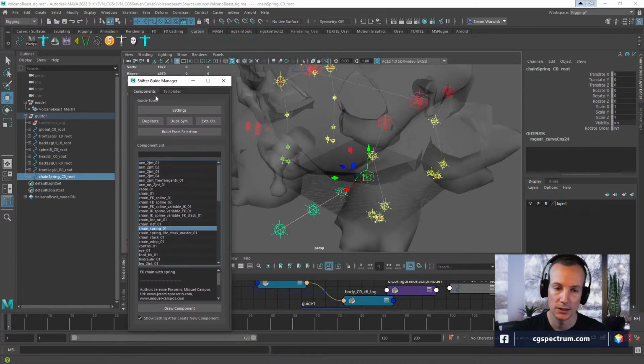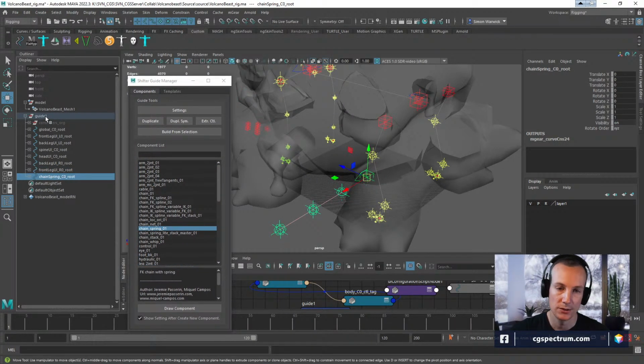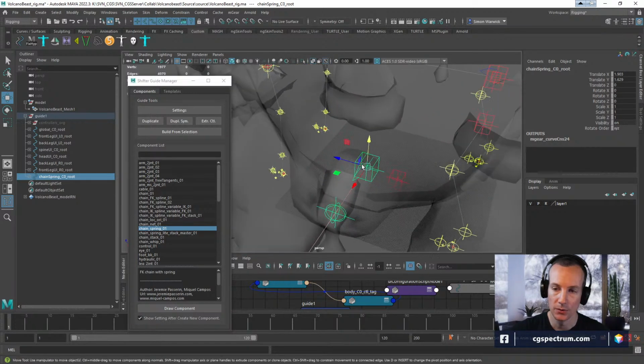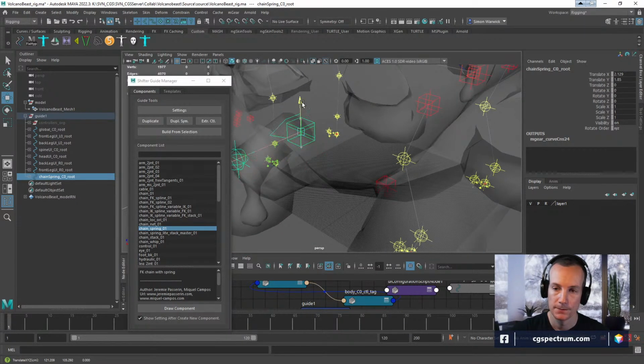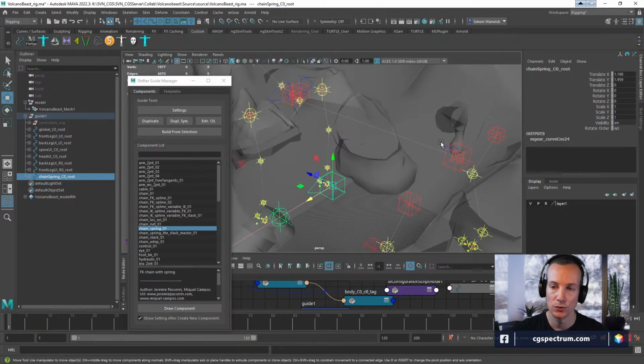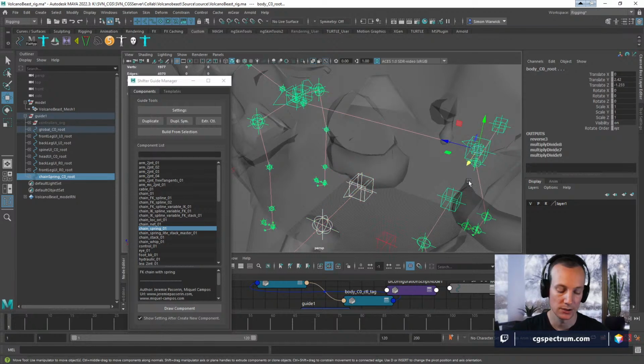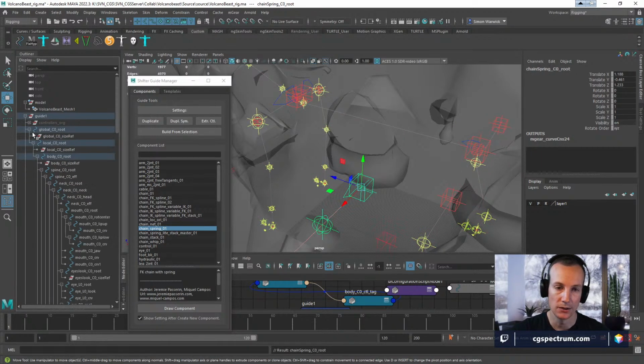Alright, so I just created it, and it's already parented to the guide. So I position it basically where I want it to be. That's sort of the idea. Then I'm going to parent it to what I want it to follow. Which I don't really have anything in the middle, so I guess I'm going to... Oh yeah, so that's what I was going to do. So I'm going to parent it to this one, which I think I just hit P, and it will put it in there.